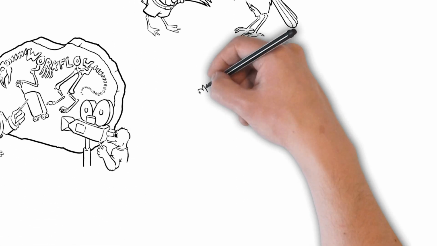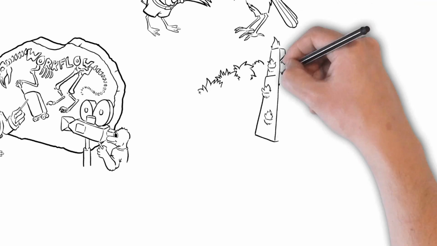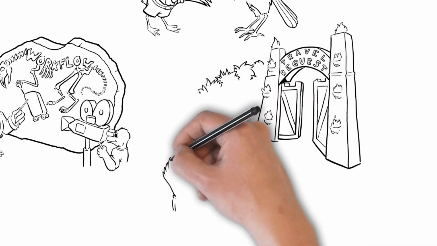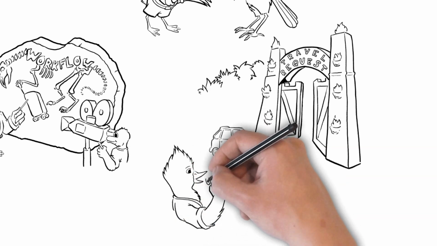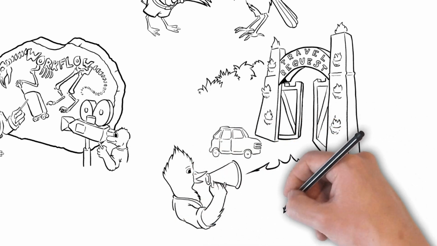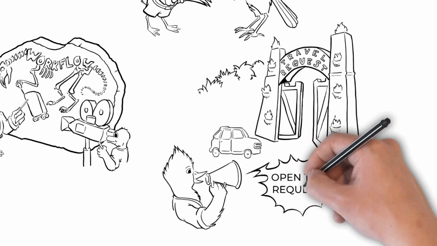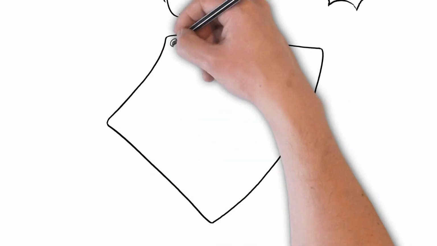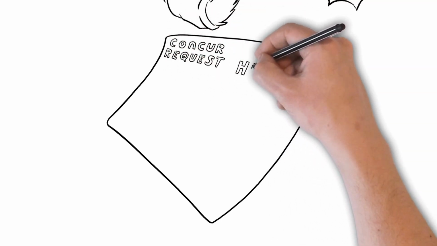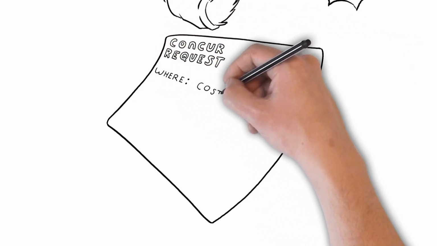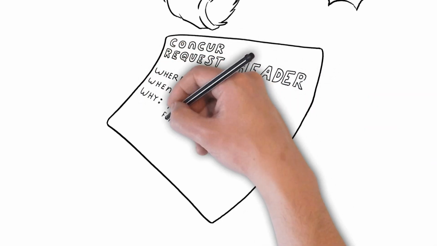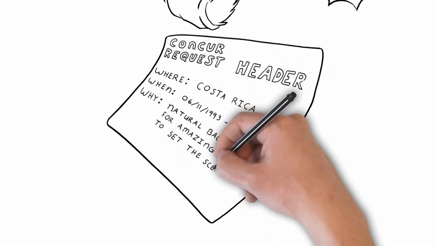If you need to complete a travel request, log into Concur and open a travel request. This is where you note where you're traveling, when you plan to leave and return, and why you need to travel. You can also indicate if you'll be combining personal travel with business travel. Once you've entered the where, when, and why into the travel request header, you can add your expected expenses. If you need a cash advance, complete the cash advance section and include the amount of the advance before you